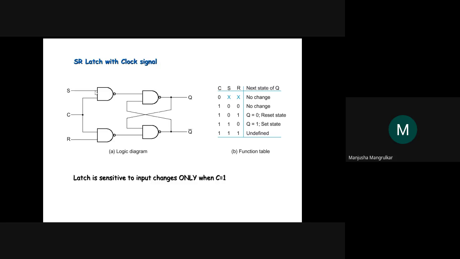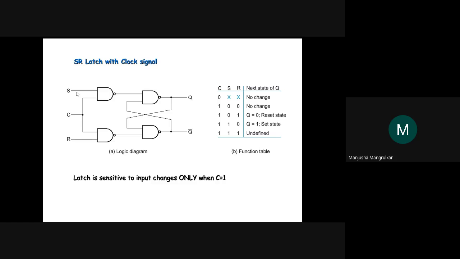As we know from the latch diagram, there are four NAND gates. Q and Q complement are the outputs, and S and R are inputs. One more input is there, that is the clock. If the clock is 0, meaning low, then whatever the value of S and R,